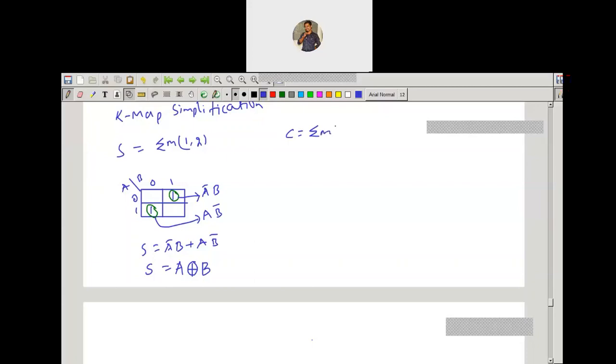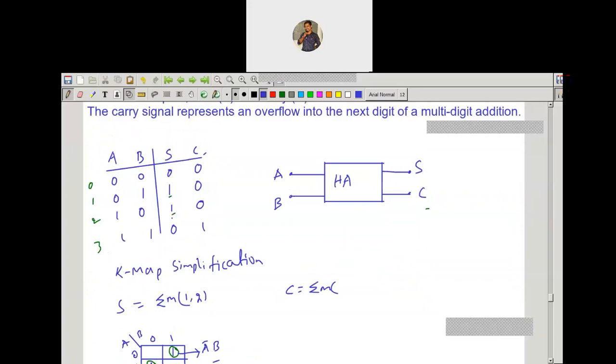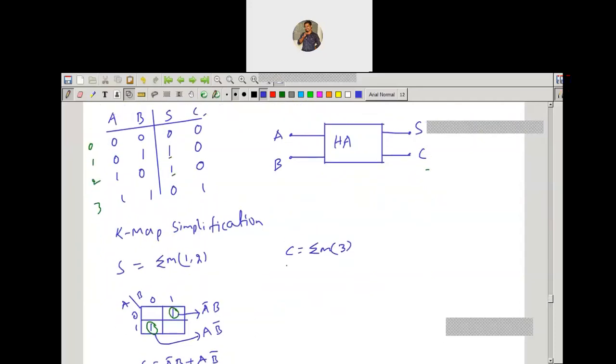Coming to carry, the carry is logic 1 when A is 1 and B is 1. There is only one minterm, so here you can write it without taking the K-map. For these two cases you need not take the K-map. By observing the truth table you can write down the expression for sum and carry, in this case only, not for every case.